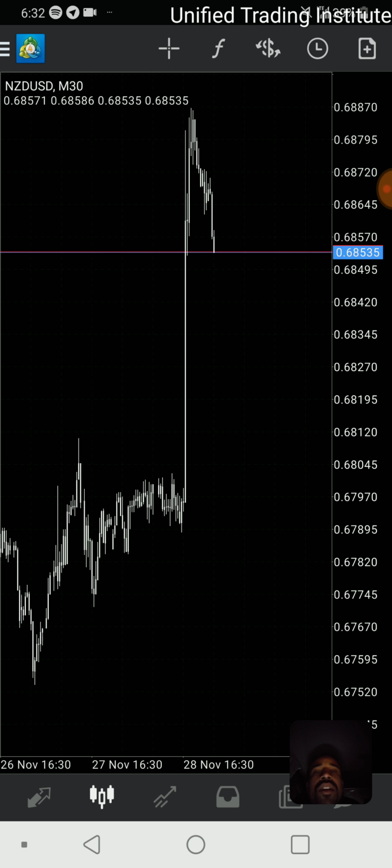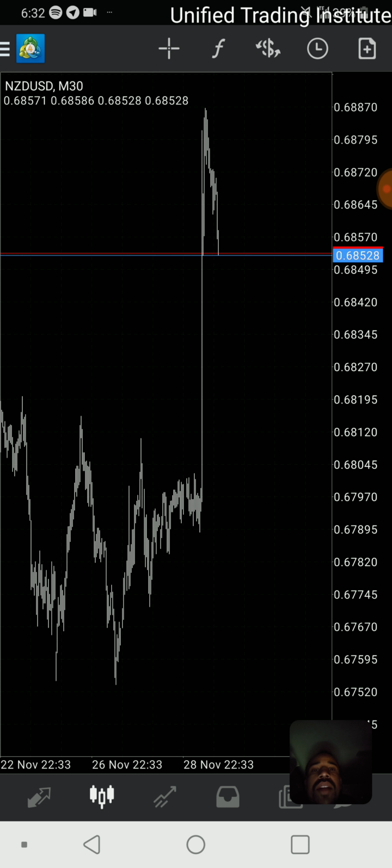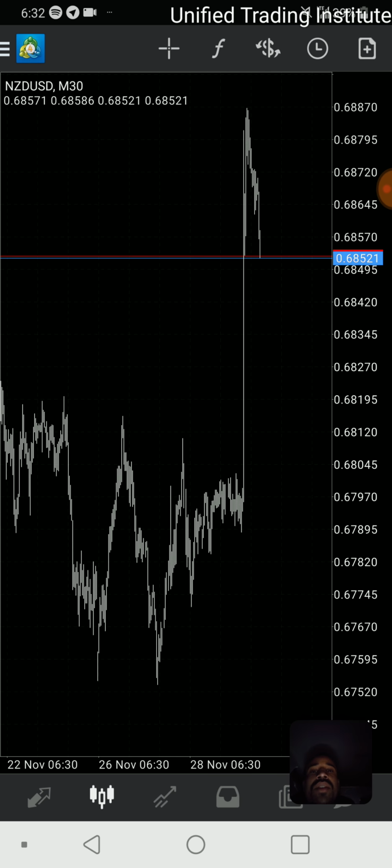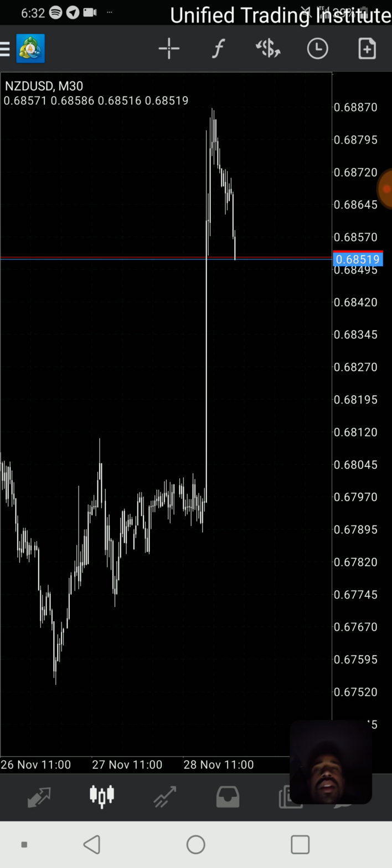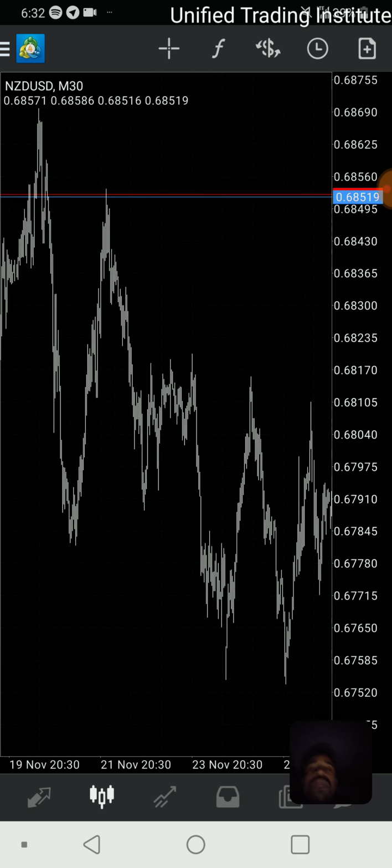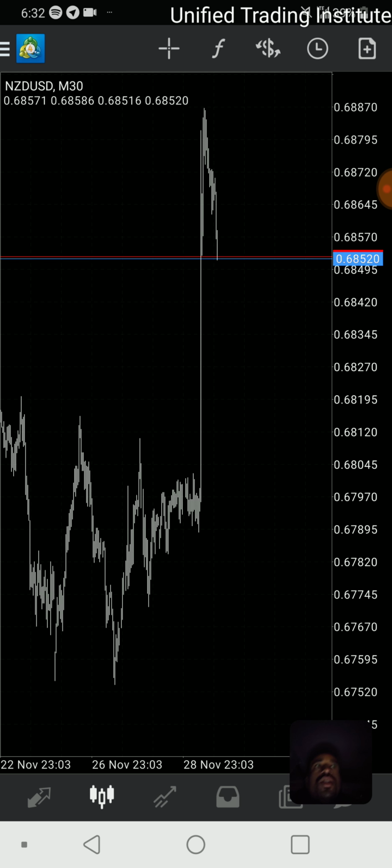Now, I know the market had a very strong bullish rush, and whenever that happens, you need a resting point, right? But I'm not entering a sell immediately, and there's a good reason behind that. The market's moving pretty good right now to the bull side. So let me go ahead and show you guys the whole reason why I